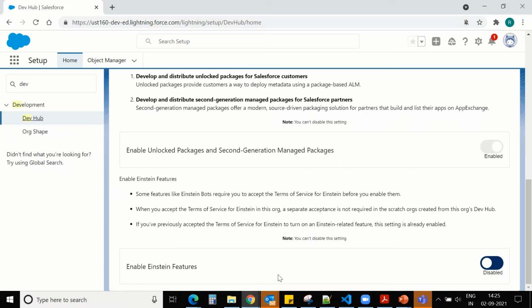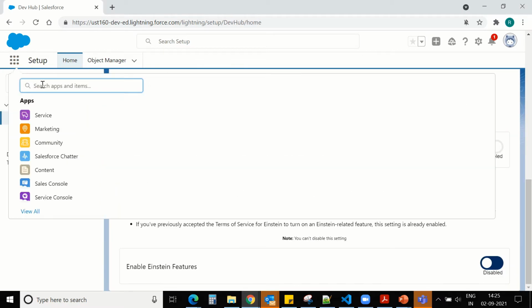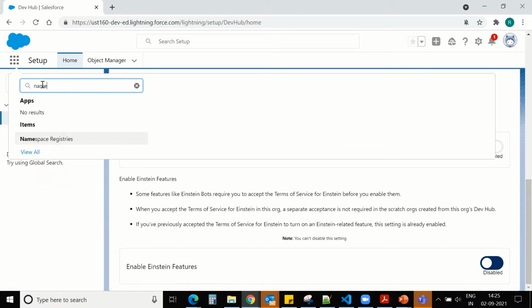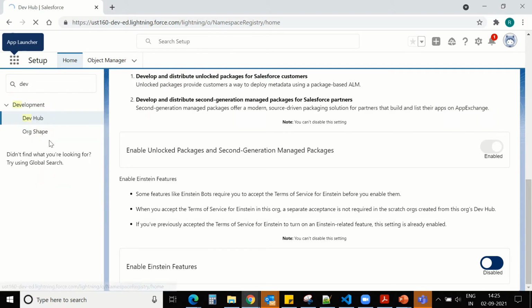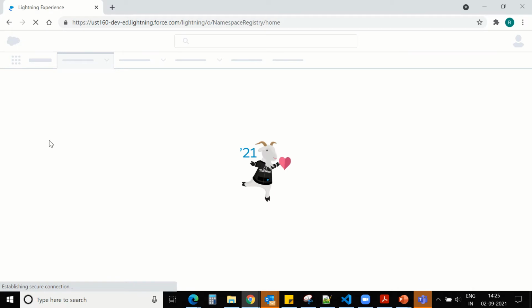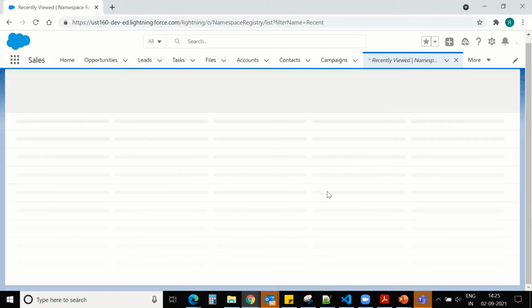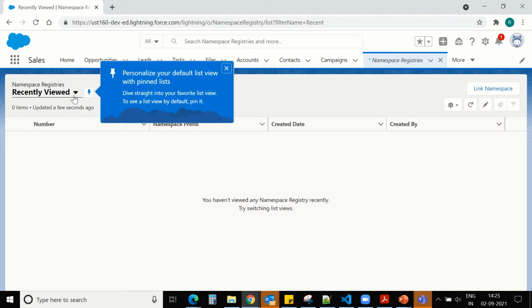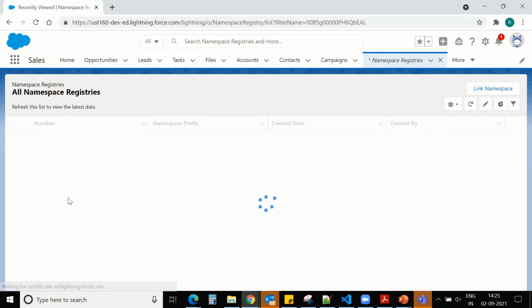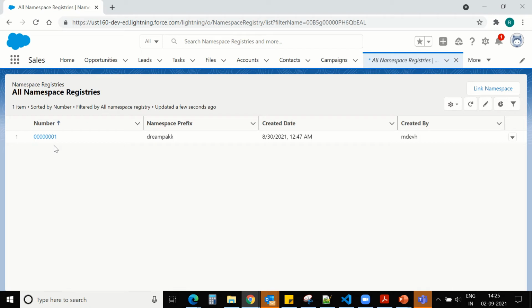So now we have the namespace. Let's go back to the DevHub org and search for namespace registries. So the namespace registries tab will open. You can see I have already linked my namespace org to the DevHub, and you can see the namespace prefix as well.